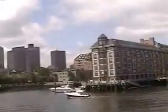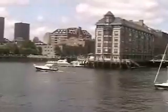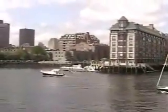Now a couple of the wharfs on our right-hand side, that's Battery Wharf, home of the Boston Fire Fleet. If everybody looks at an old map of Boston at some point, Boston was almost entirely water back in the colonial